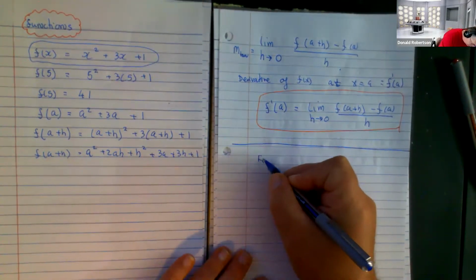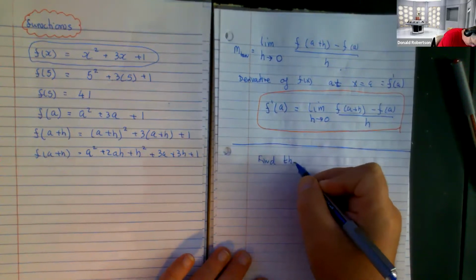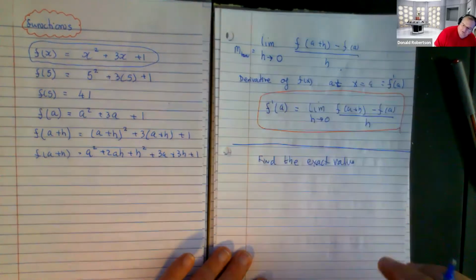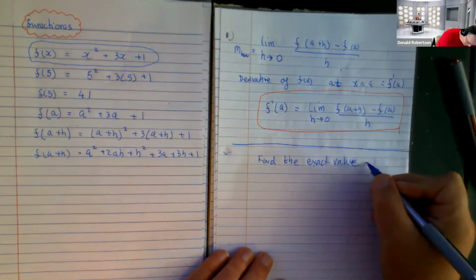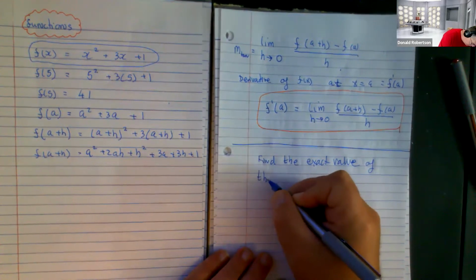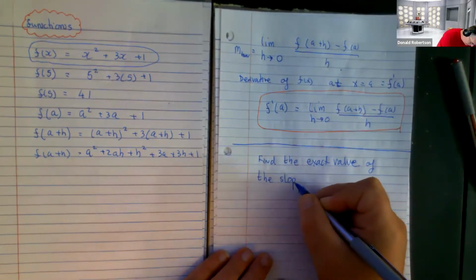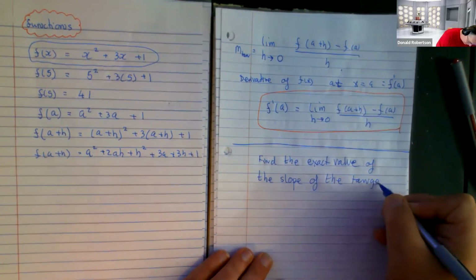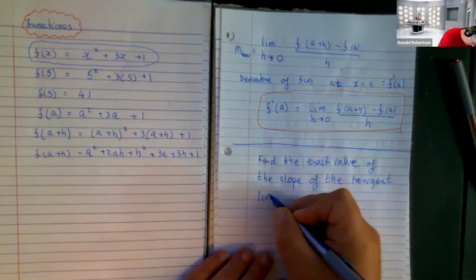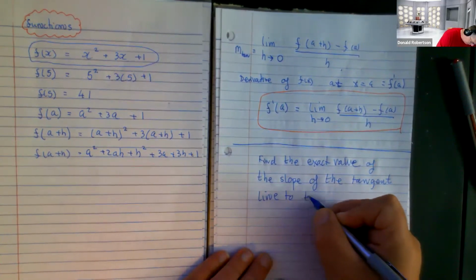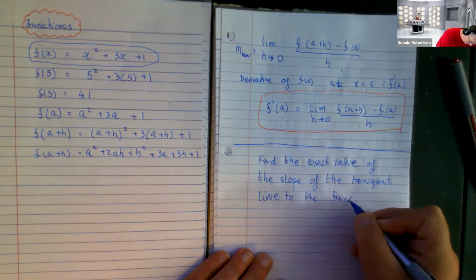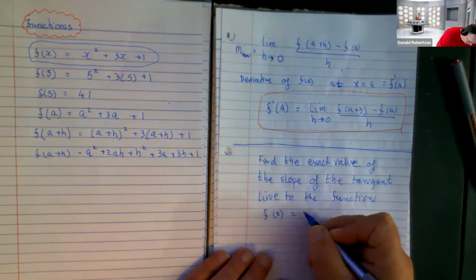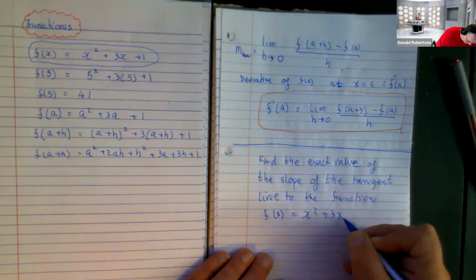So we're going to find the exact value, because that's what this will give us, an exact value of the slope of the tangent line to the function f of x equals x squared plus 3x plus 1